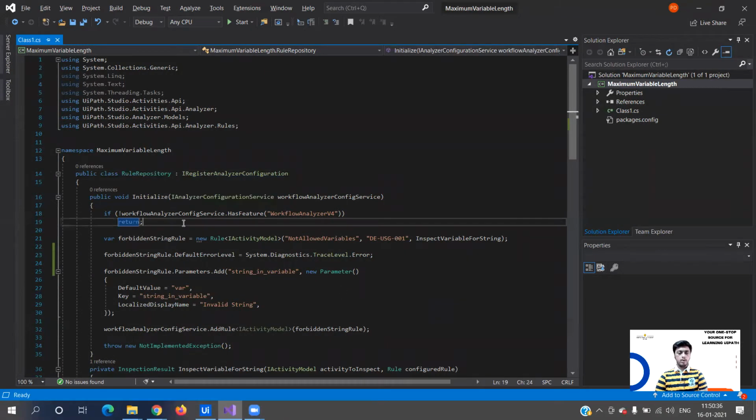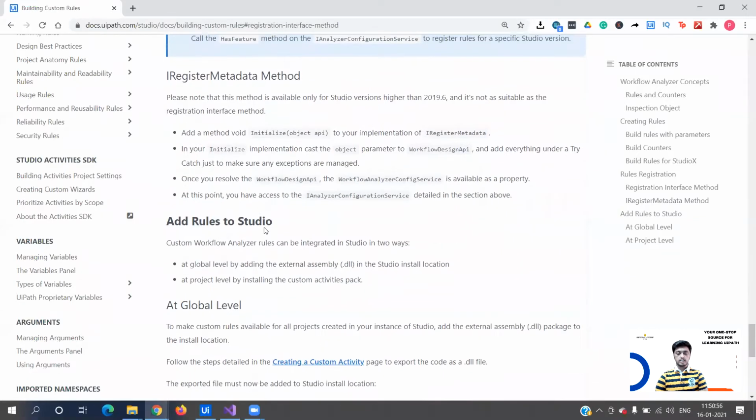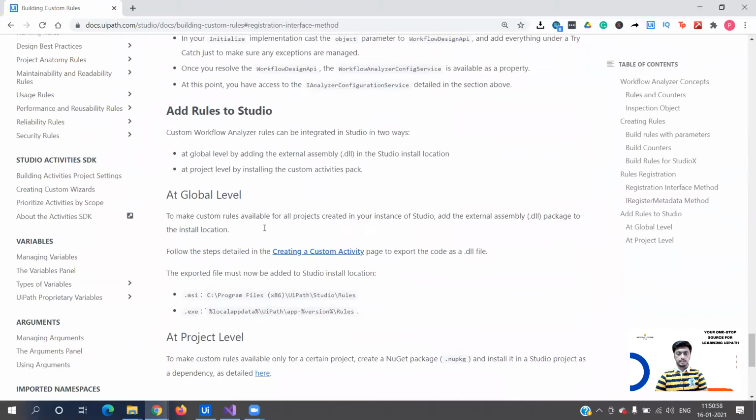Right. Now, first what we are checking. This first step, I will explain what it is. What if the workflow analyzer, the configuration that I'm doing now, is not present in the studio, or there is some problem because of that? We are just going to simply return, and the further part won't get executed.